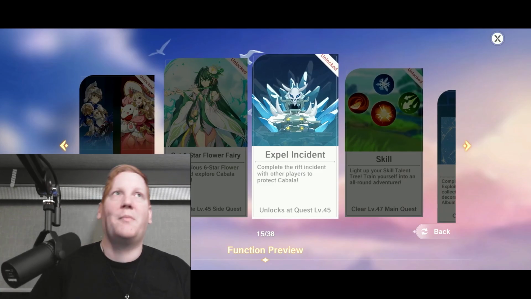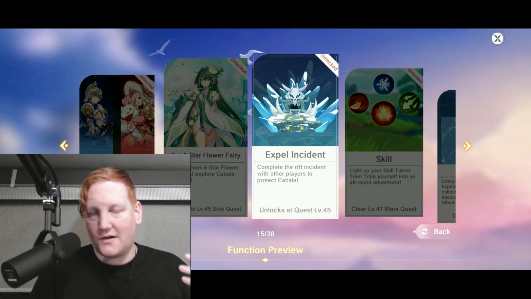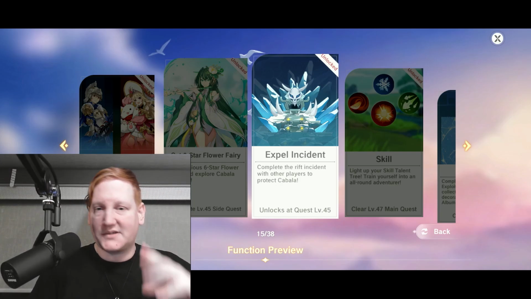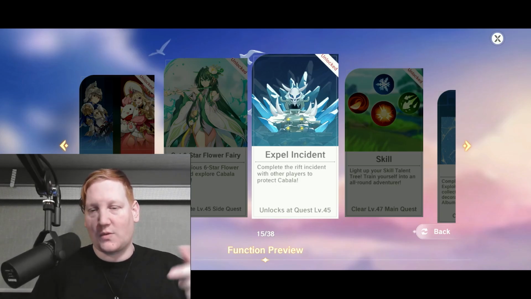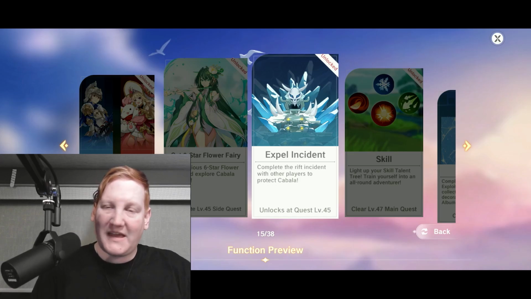Expel Incident, the moment you get this, you're not able to do the special things with it, but the idea here is you do the 6 stages and then you get your rewards. But if you have at least one other person in the team with you, you can do a treasure goblin afterwards that will give you some sapphires, which are very important, especially as free to play. Once you're a little bit higher level, then you'll be able to